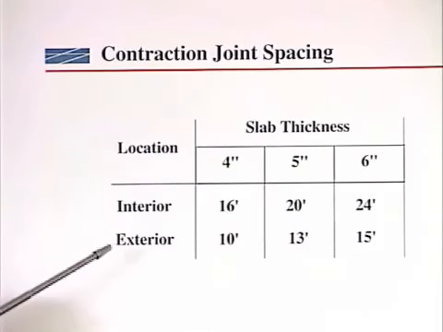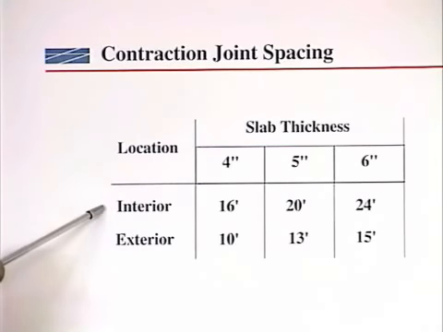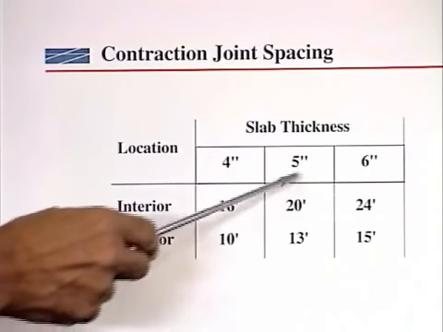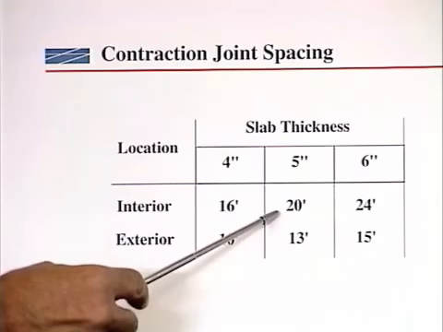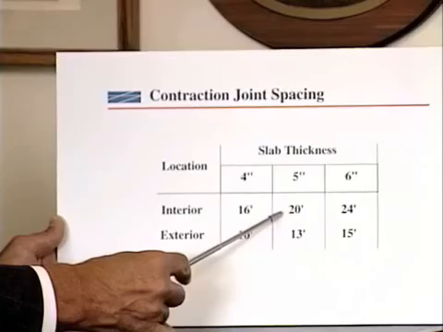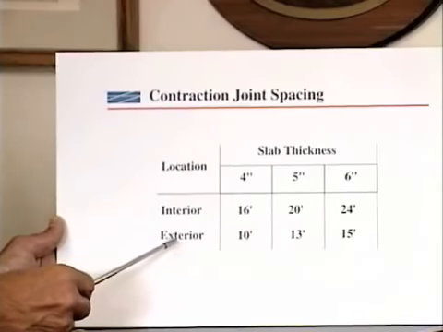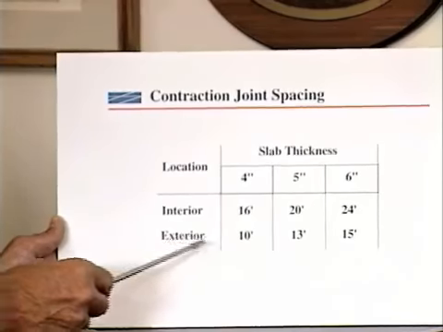Now in California, there are a lot of tilt-up buildings, and the slabs to those buildings follow the interior slab criteria, meaning for a 5-inch slab, the joint spacing is never placed any closer than 20 feet. And that's not correct. It should be following the exterior criteria, where the joint spacing is never any greater than 13 feet. The reason for this is that the slabs are constructed in an exterior environment, and only later do